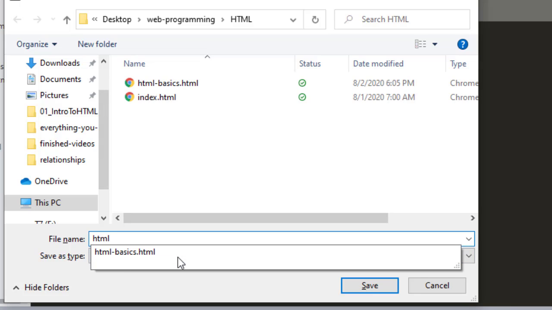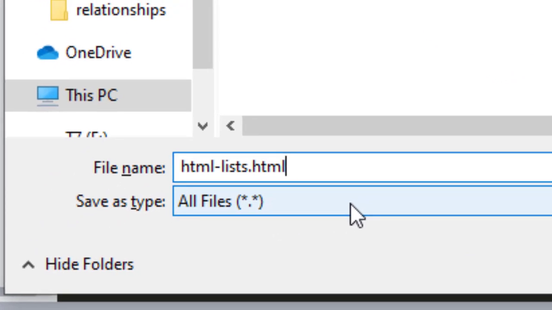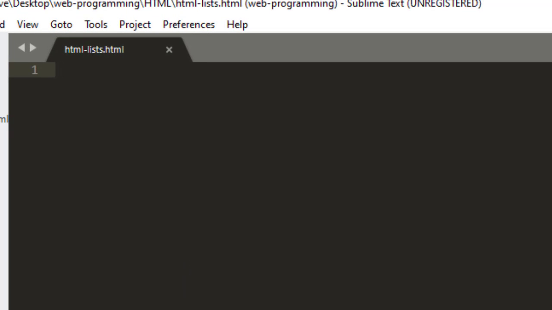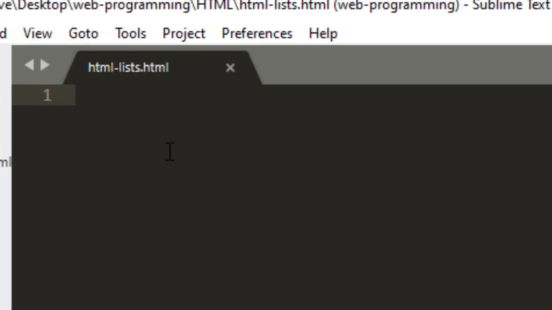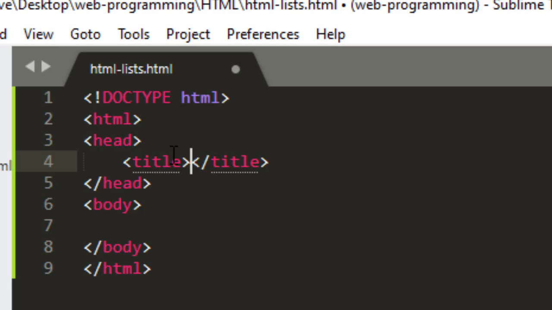html-lists.html. You can really save it with whatever file name you want, but I'm not going to be collecting these from you. So here we have our empty document. We'll go ahead and use the snippet trick that Sublime Text offers us. So I'm just going to type in HTML and then hit tab right away, and that will put in the